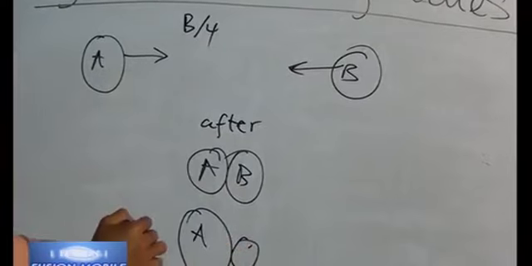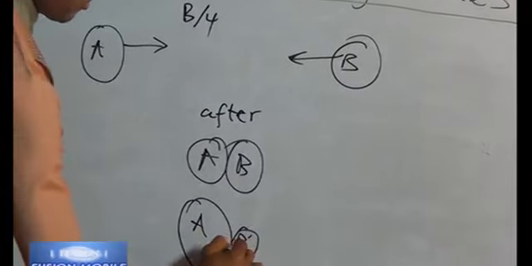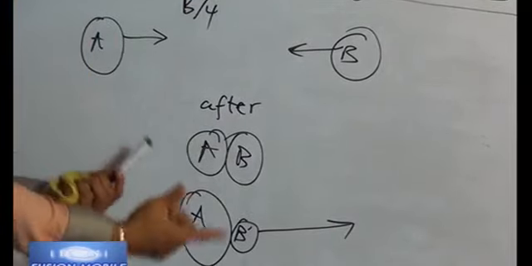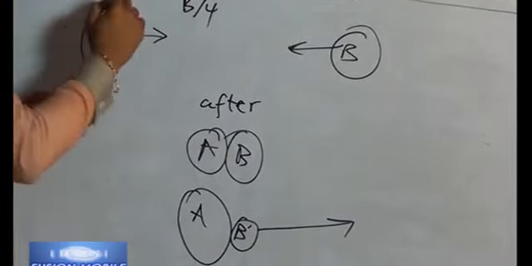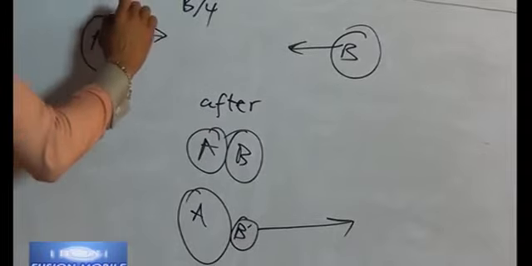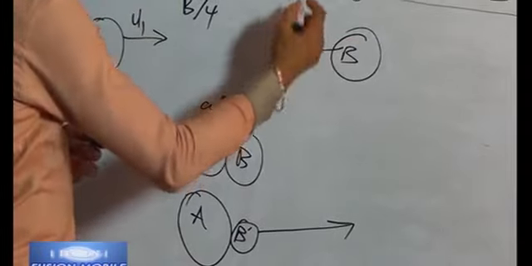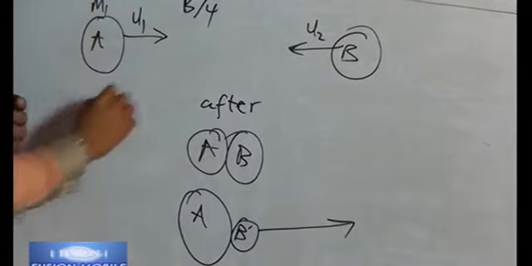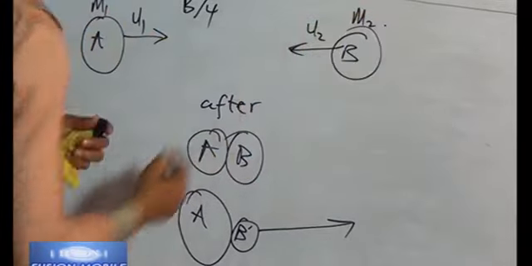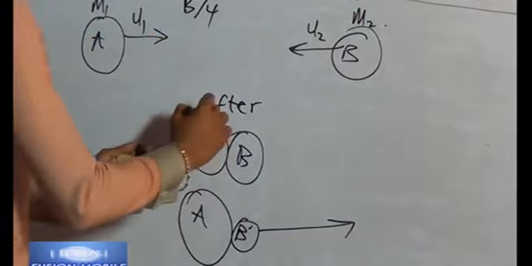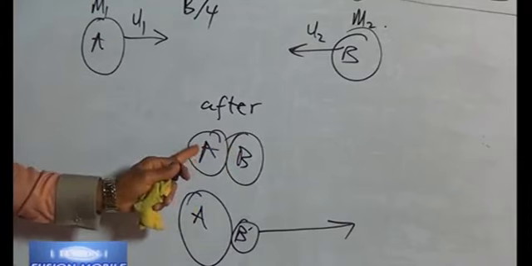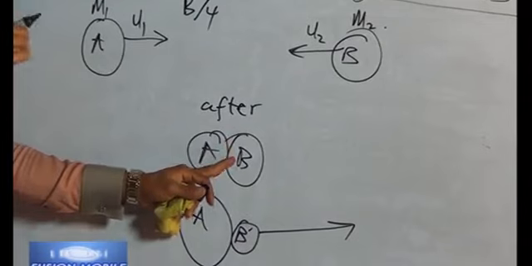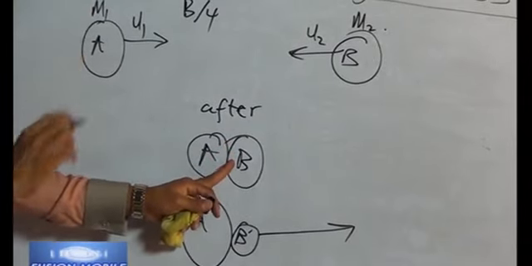The second one is that maybe A is too big and B is too small, so that A will hit B and move in this direction, but this time both will move with a common velocity. Here A is coming with a velocity, let me say u1, and B is coming with a velocity u2, and it has this mass m1, and here it has this mass m2. Coming over here now, the mass is still there but no velocity. That means there is no movement here, and since there is no movement, remember what you said initially, that when there is no velocity there is no linear momentum.